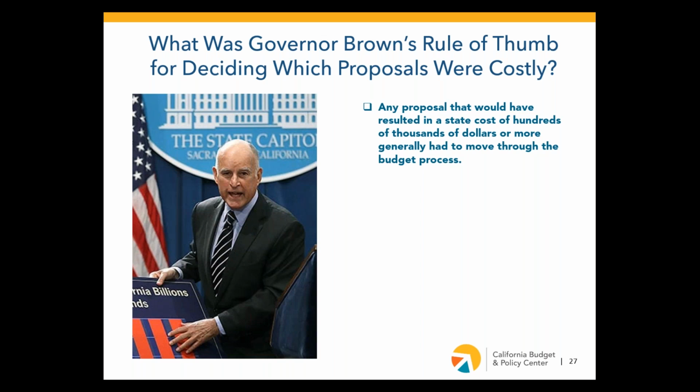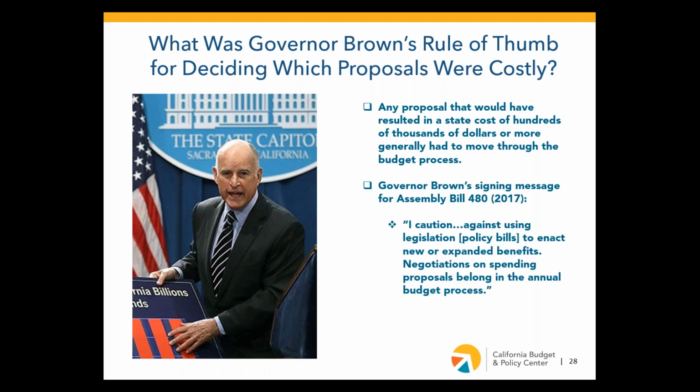Now, I wanted to give you a quote from a bill he did sign back in 2017, Assembly Bill 80, that ironically did substantially increase state costs annually going forward. But he kind of acknowledged that he was signing a bill that he typically wouldn't sign. And he said, "I caution against using legislation or policy bills to enact new or expanded benefits. Negotiations on spending proposals belong in the annual budget process." So that was the yardstick that Governor Brown was typically applying to policy ideas moving through